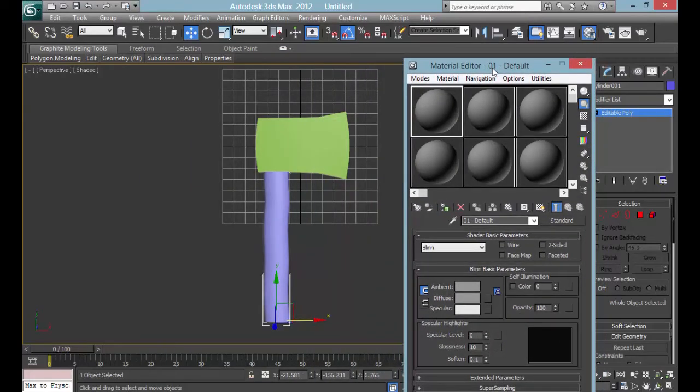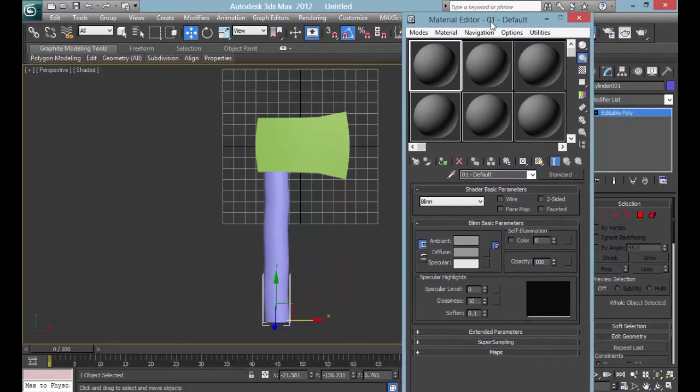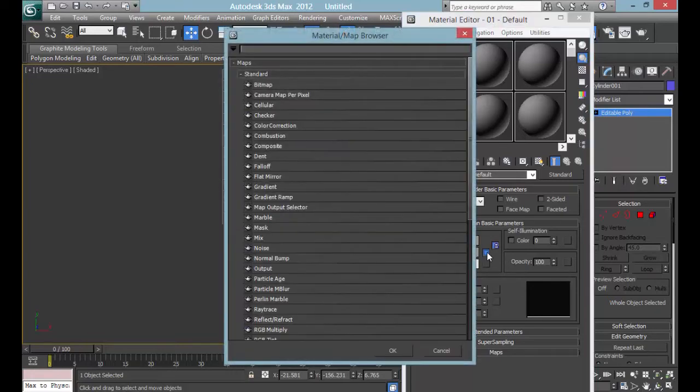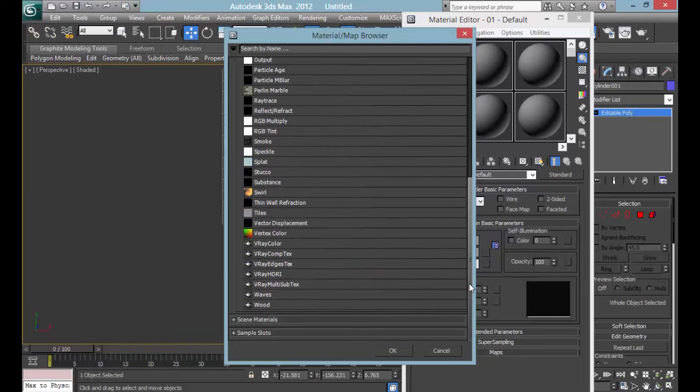So what can we do here to make this look like wood? We could use marble and then make the marble look like wood. Or we could even use some V-Ray stuff here, but